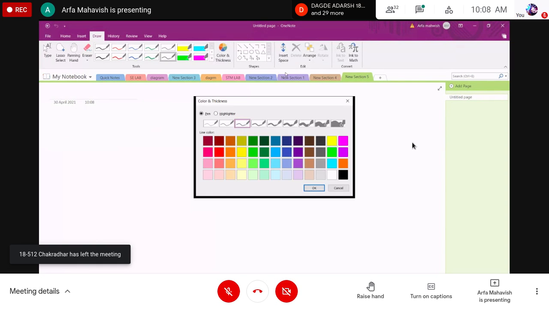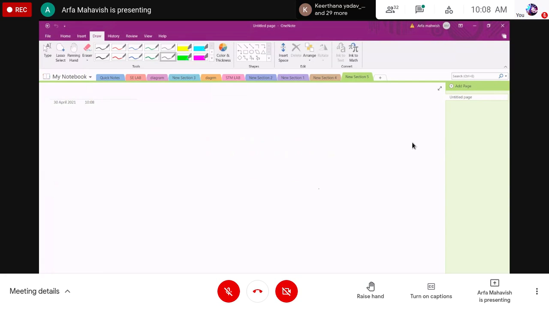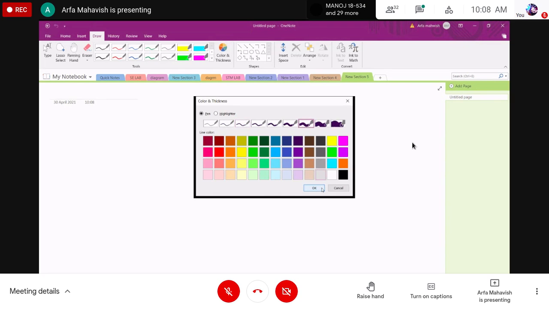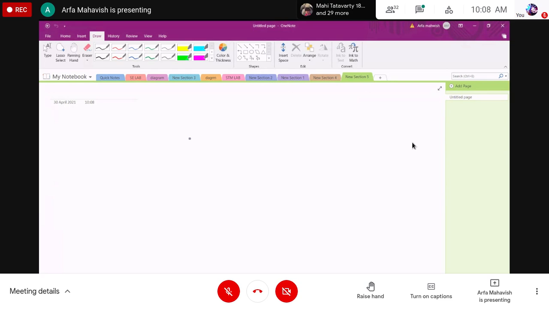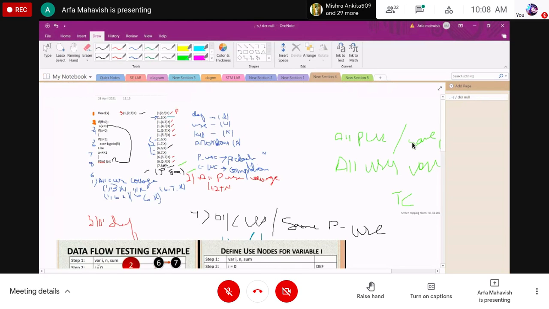So next we have the anomalies. In these we have six types of anomalies, guys. So in that we are going to check the test cases. We will build the test cases. We are checking your program, the variables: define variable, use variable, kill variable. We check where the variable is defined, where it is used, and where it is killed in this diagram.